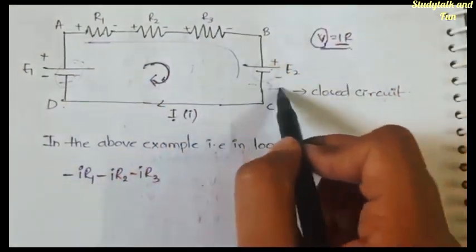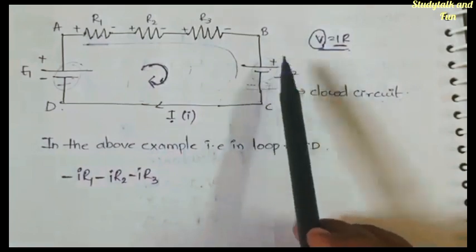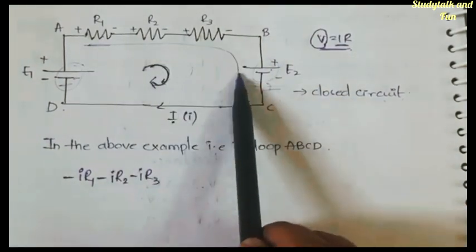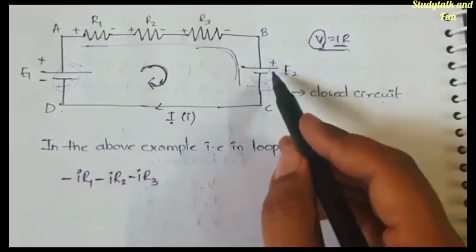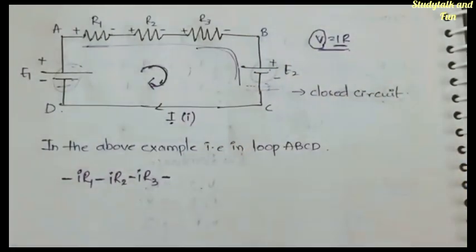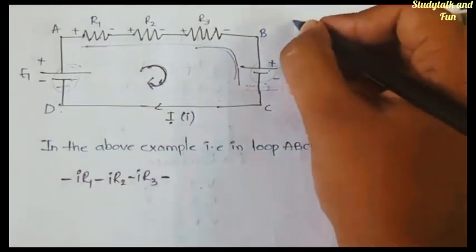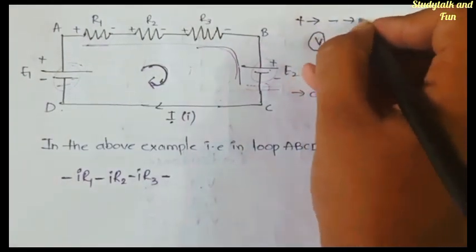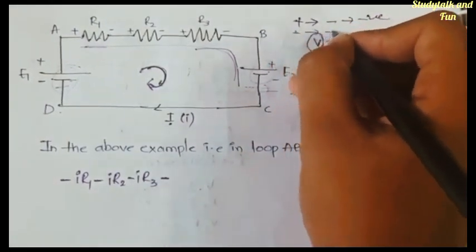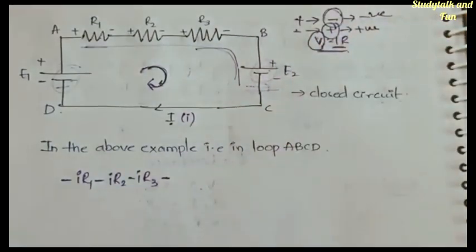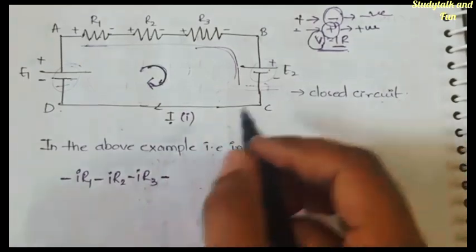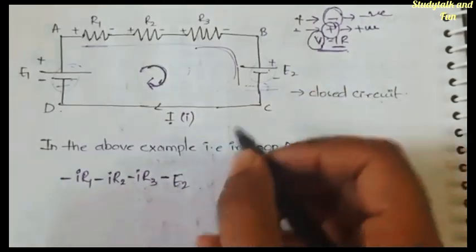Next, what do you have? The next element is E2, right? So at E2 you're coming from positive to negative again when you're coming like this. First positive then negative, right? So this will also obviously be a negative sign, because when you're going from positive to negative, you need to take it as negative only. When you're going from negative to positive, you have to take positive. Whatever is here in the last, that symbol you have to take. What is last? Minus. Minus E2 directly you can take,